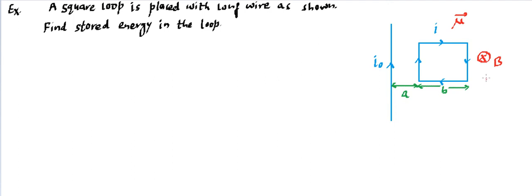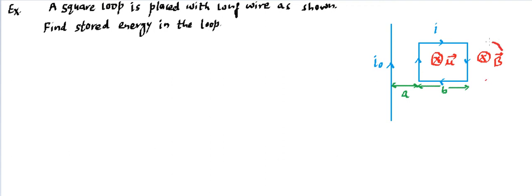arrangement. Moreover, the direction of mu is going to be into the board, and the angle between them is 0 degrees. We know the energy stored is given as minus mu dot B, so there has to be a dot product, and it's not going to be 0. That's what I'm going to say, because it's cos theta and theta is 0. First of all we need to find what mu is, then what B is, and then go for that particular formula.